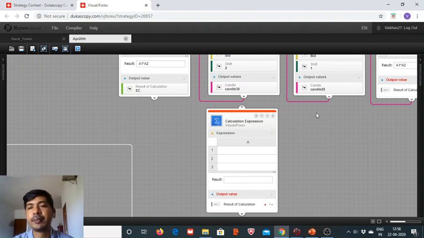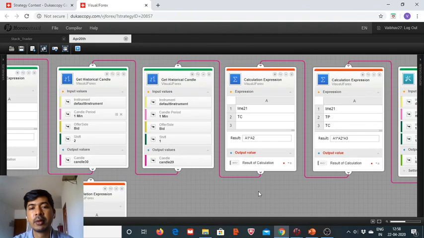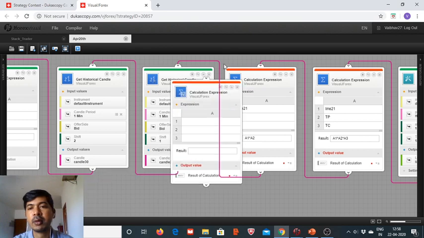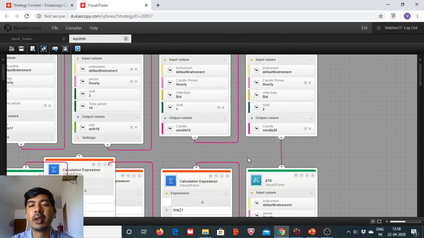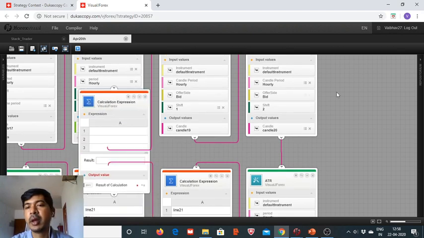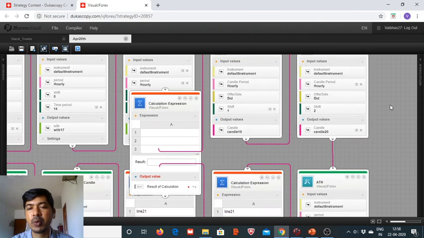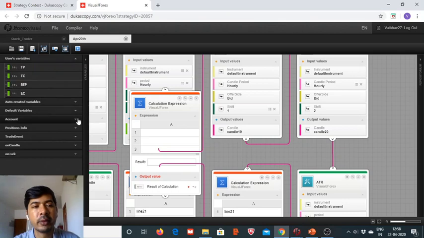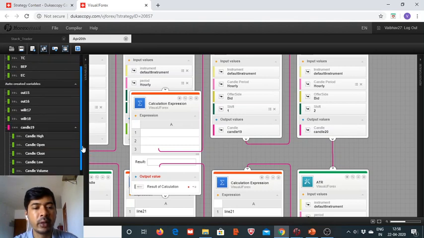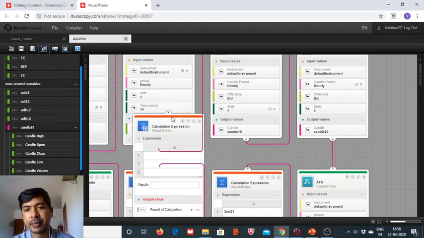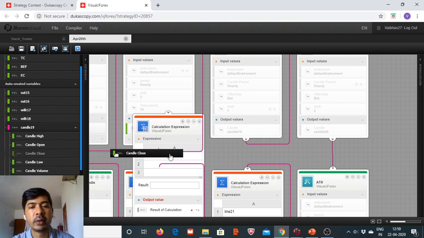Now we look at hourly candles, and here we look at the shift 1 value, and for that we are going to take the candle 19's closing level. So here it is, candle close,